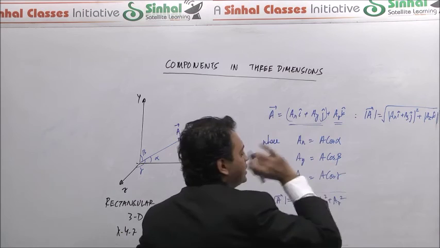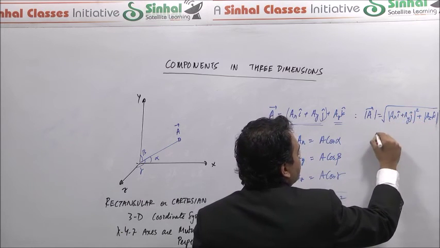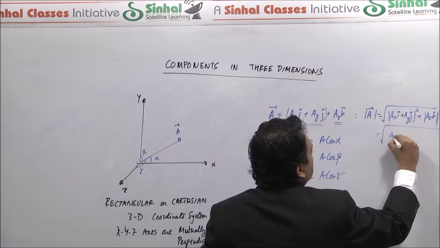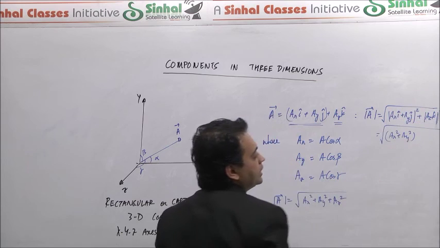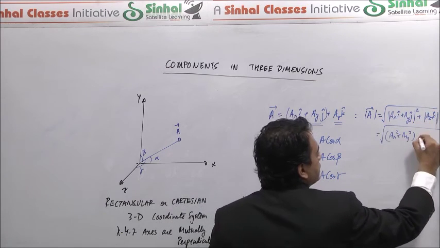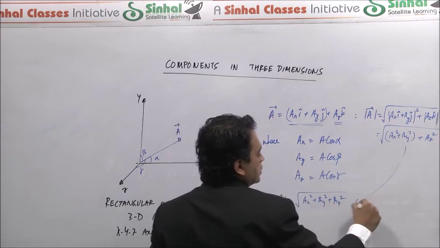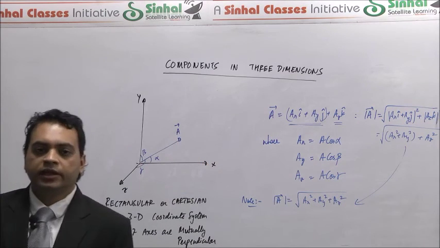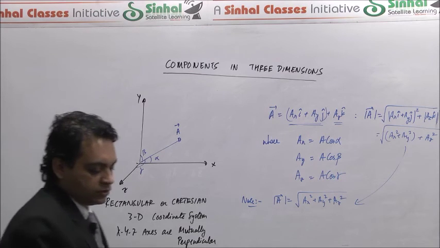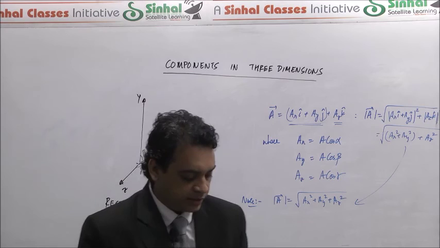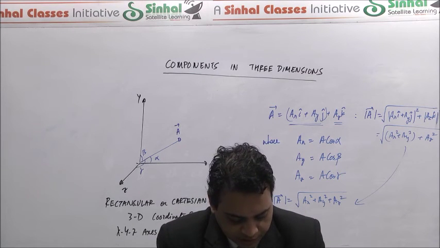Now obviously already in the previous section we have understood that this quantity's magnitude is root of ax square plus ay square. So its magnitude square becomes ax square plus ay square, and this quantity's magnitude is az. So there we are. So it expresses that the magnitude of the vector A would be square root of the sum of the squares of the three orthogonal components ax, ay, and az. Right. So that is component algebra in 3 dimensions.